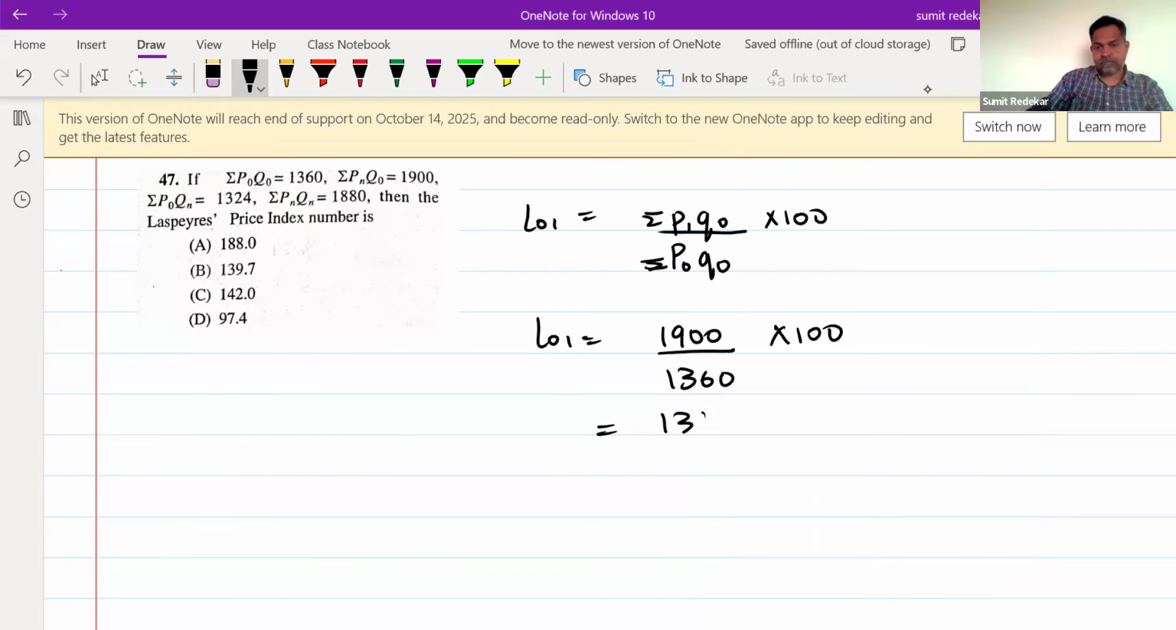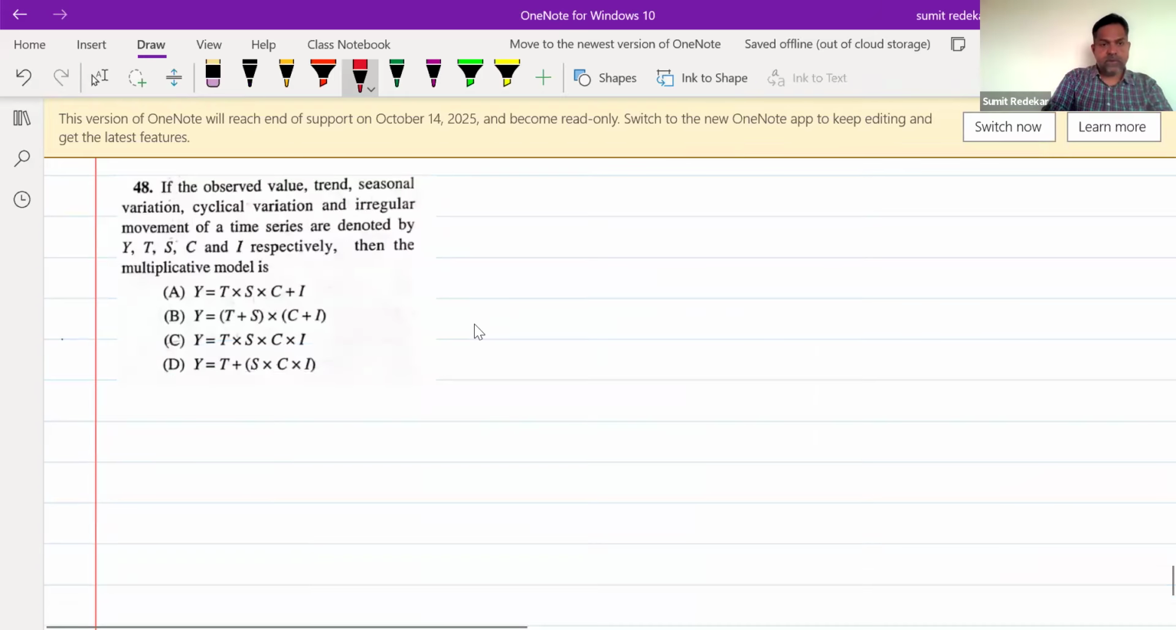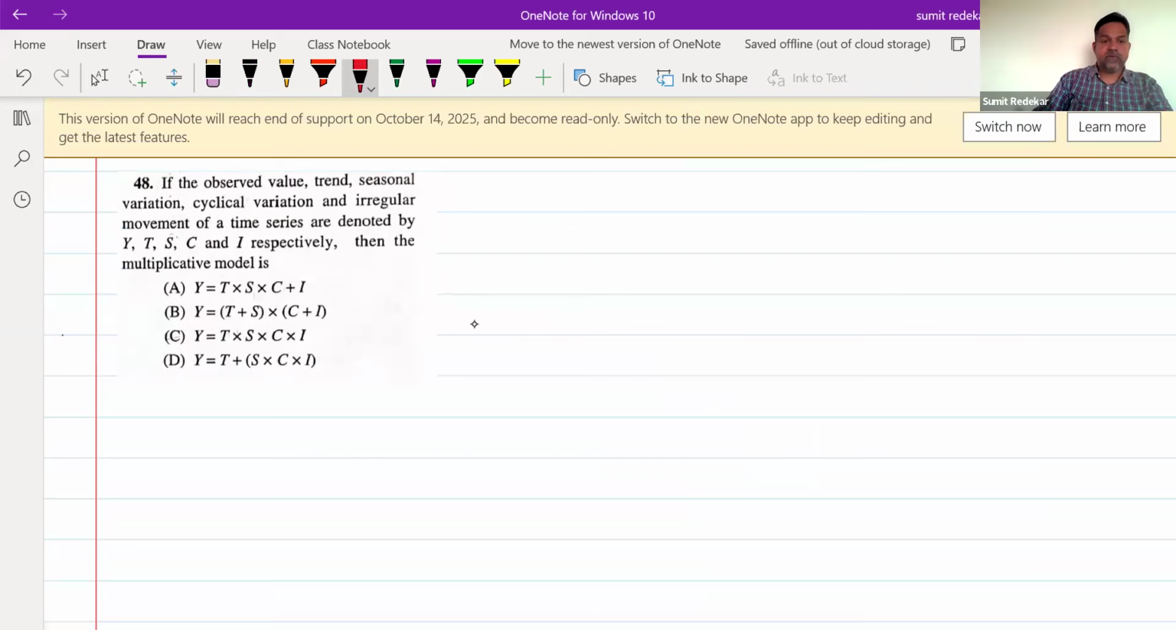139.70. So can I say the answer to this is going to be B, 139.70. Question 48. The observed values of trend, season, variation, cyclic variation, and irregular movement over time series are denoted by Y, T, S, C